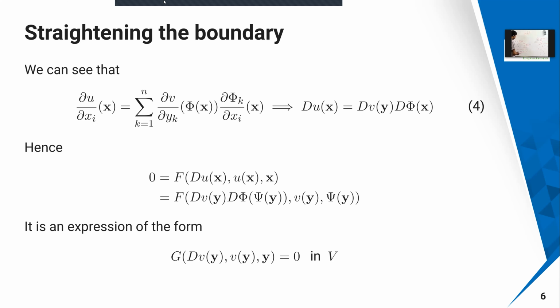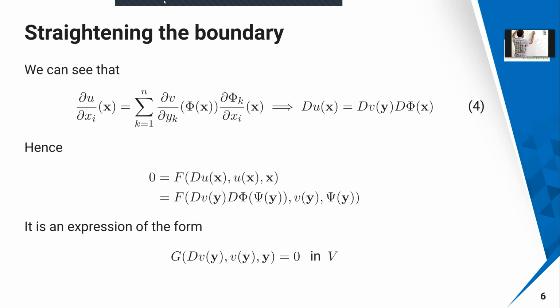Because v is u of x equal to v of pi of x, and v is a function of y, u of pi of y is going to be there. So that is going to become a summation k equal to 1 to n of dou v by dou yk of pi of x, because v is a function of pi of x, where pi is a mapping from R power n to R power n.